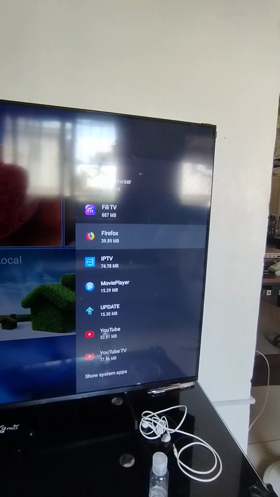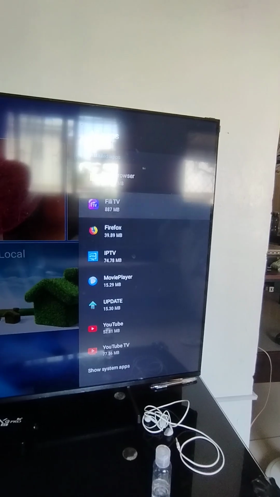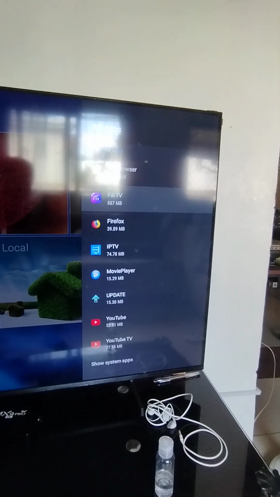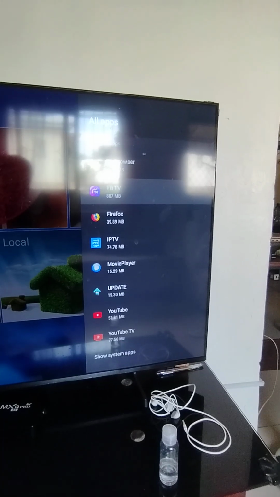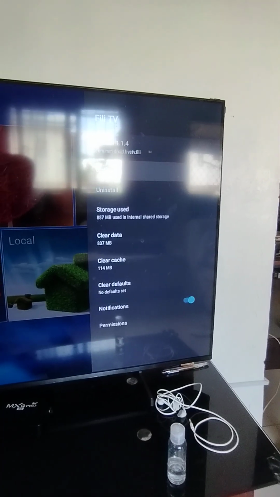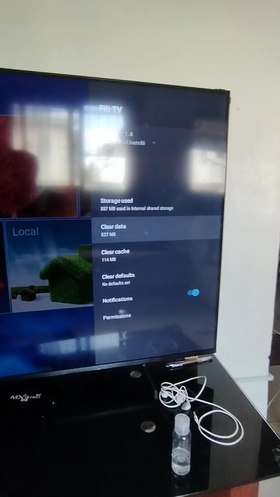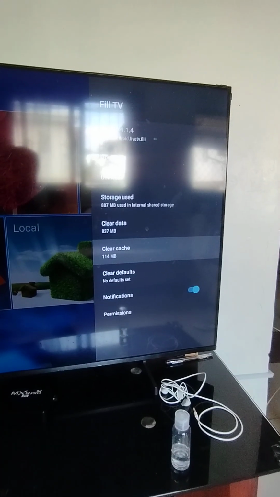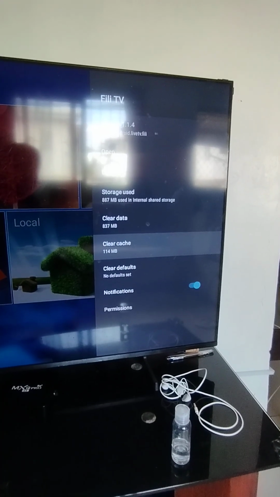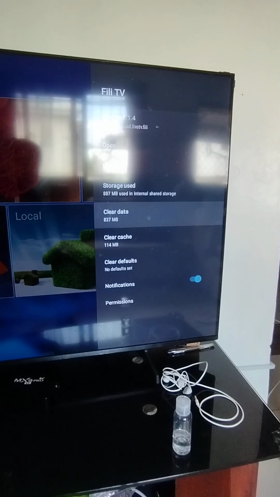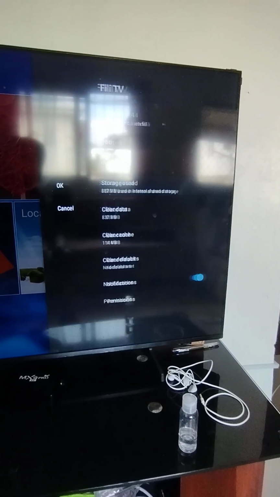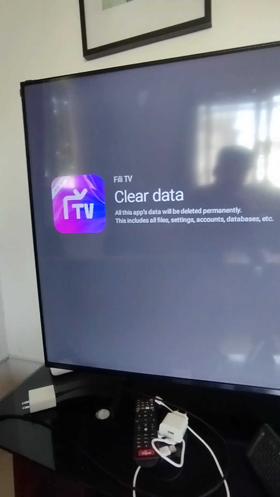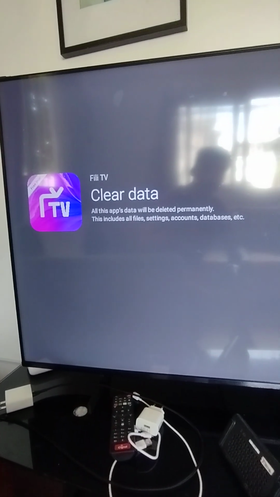Then in this view you can select what app you'd like to clear data. For example, in this Philly TV, there is the clear cache data, clear data and clear cache data. So we can select those to clear it, and then there's an option that all this data will be deleted permanently.